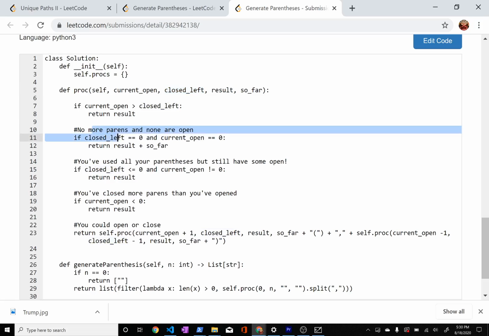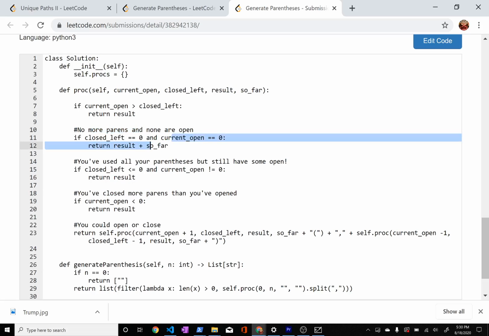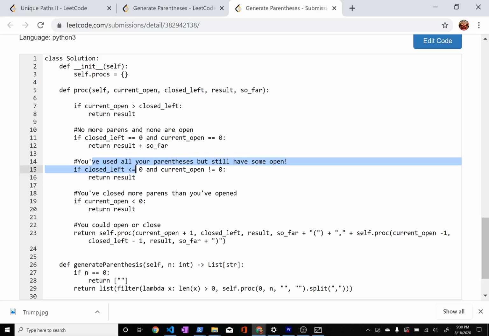Another case is if there are no more parentheses and none are open. That means we've used up all of our closed parentheses and we have no open parentheses currently, then we're balanced. So we can return whatever the result is, concatenated to what we have so far. So like the string we've been building up so far is valid, so just add it to the end of result. The next recursive case, or sorry, the next base case is if you've used all your closed parentheses, but